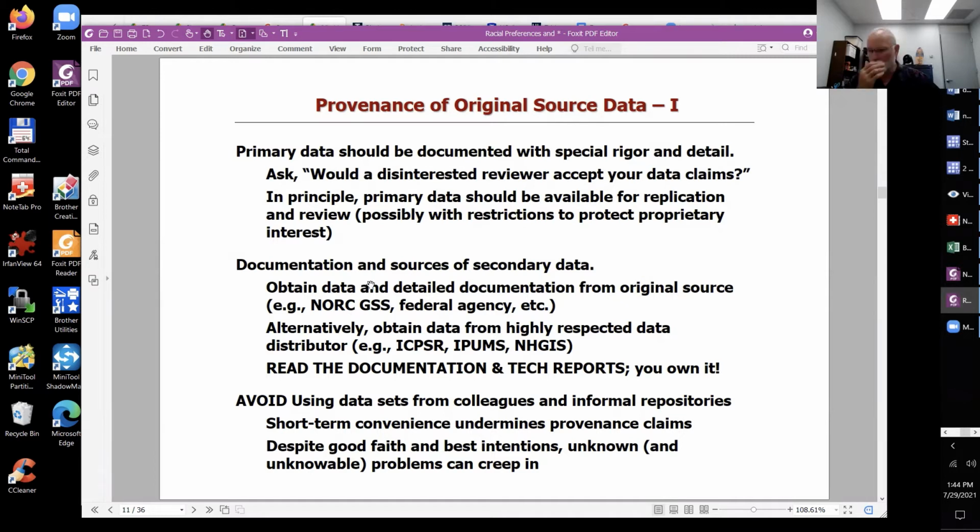You need to know how these data were generated, and you have to be able to make informed decisions about using them. The existing literature will give you some clue as to whether it's